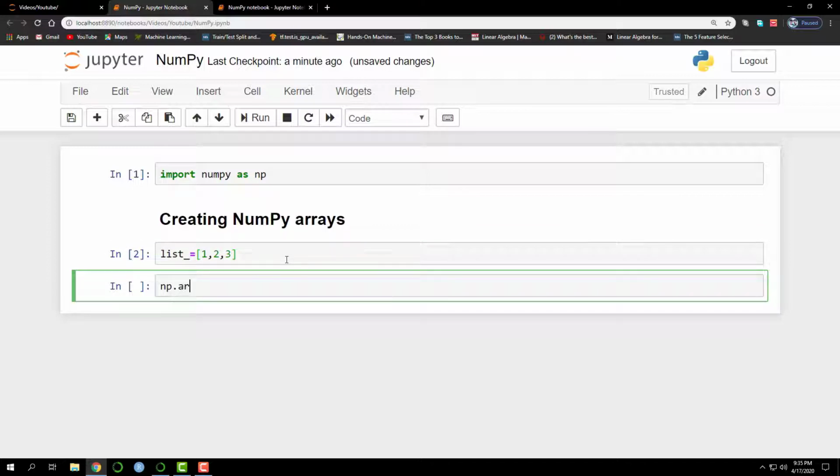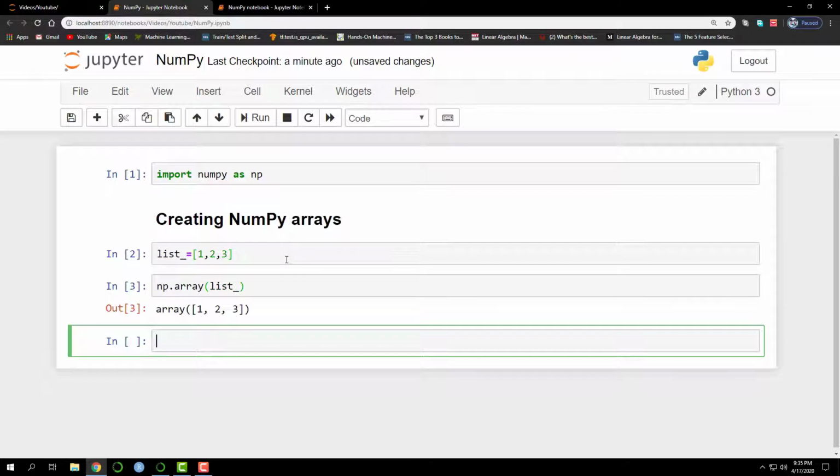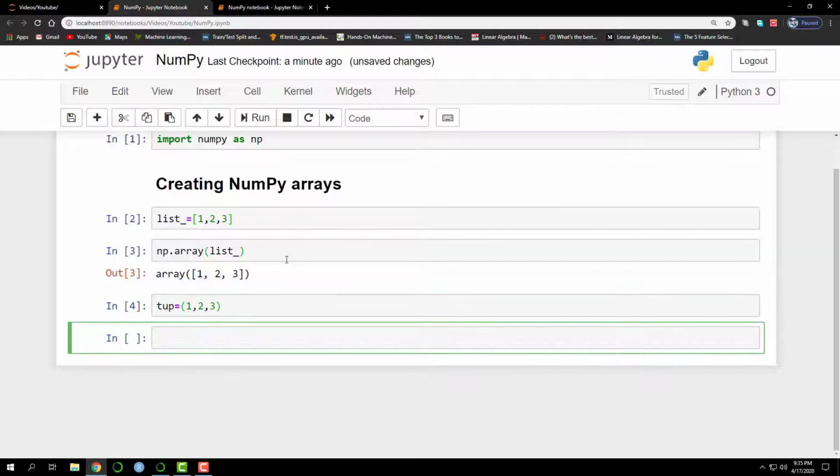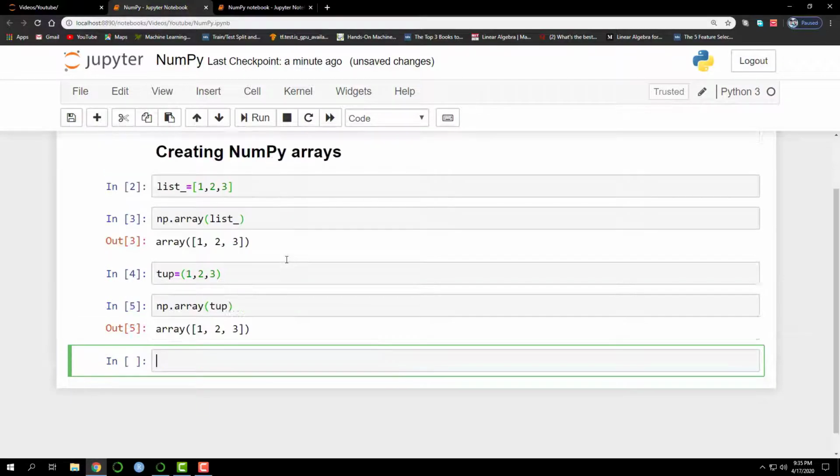Then I am converting it into an array by typing in np.array and passing in the list into it. This is going to create a NumPy array with the elements 1, 2, 3. Similarly, you can create a tuple with elements 1, 2 and 3. Then you can pass it into np.array. This is going to create an array with elements 1, 2 and 3.